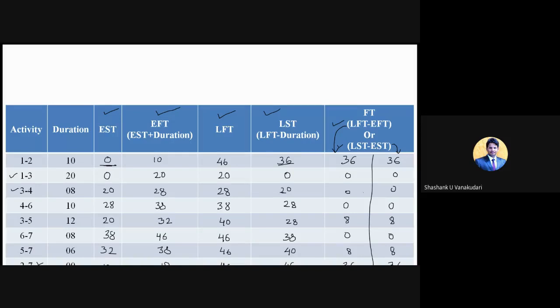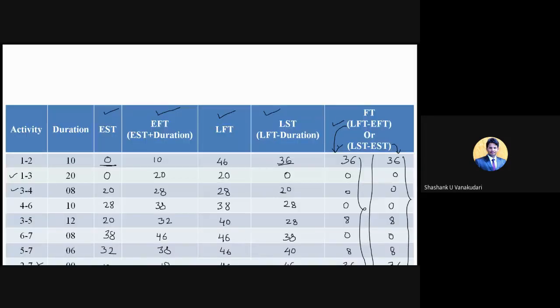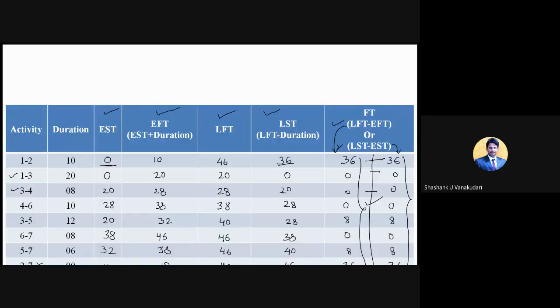See, you got the same results at the end. So whatever you have calculated, it's correct. Here you got both values the same. So whatever you have done is correct. So understood how exactly we need to calculate these time estimates: EST, EFT, LFT, and LST. If you have any doubts, you can ask.